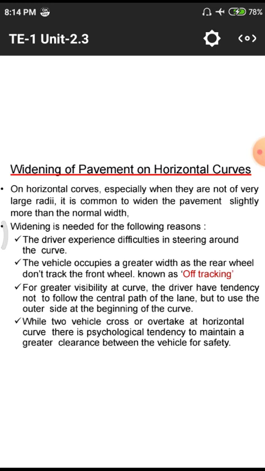In particular cases we have to maintain 7.5 meters. Why? Because to have better driving, we have a better tendency to clear the two vehicles while they are crossing each other. Crossing each other means they are moving on a particular road in opposite directions. They don't have to clash. Clashing means there is less space between those vehicles. We need to give some amount of extra widening to counteract these side clashings. So this extra widening of pavement is extremely useful in these horizontal curves.